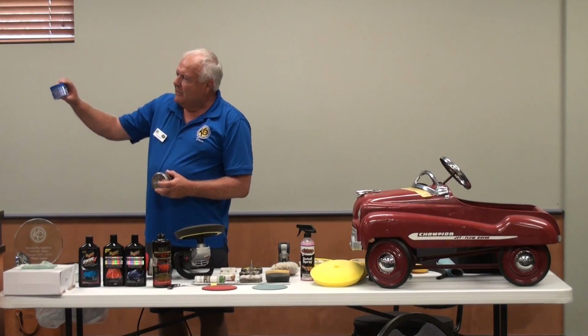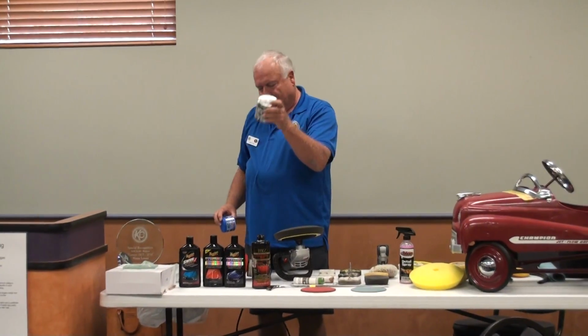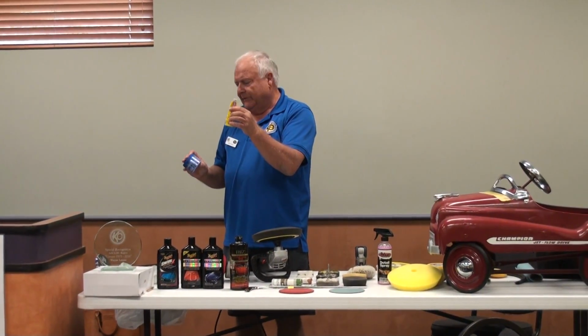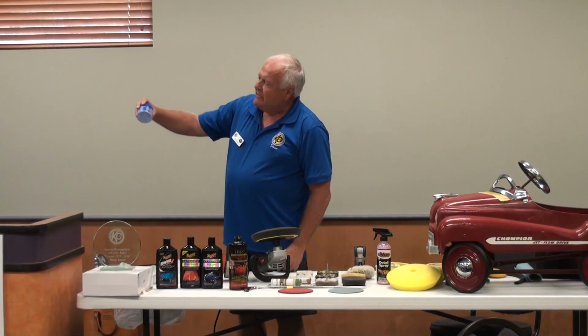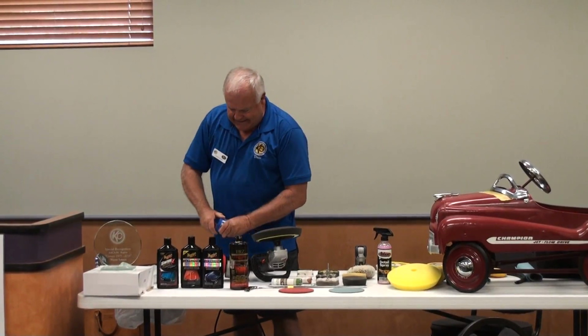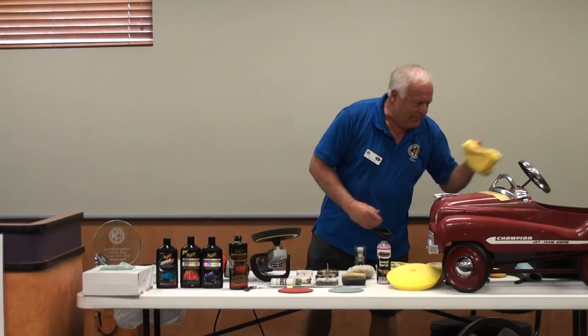This is probably my go-to, but if you've got brake lines or metal, this works really well. Semichrome works really well on some of the stainless steels too. But overall, this Blue Magic blue polishing cream works the best on everything. Now you take a little bit of this blue polish